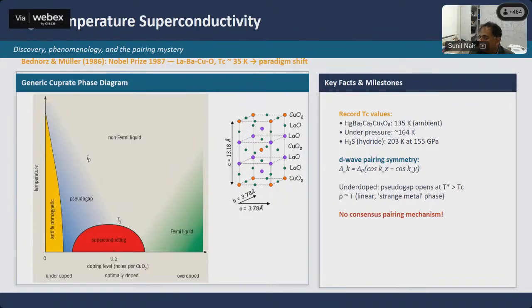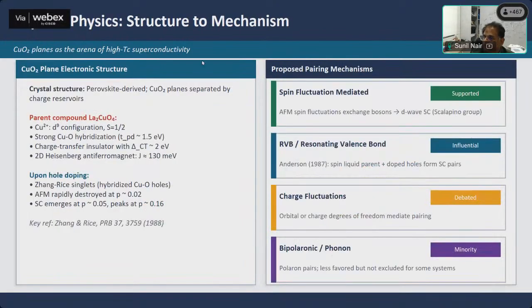Okay. Now, so as I said, there is no full consensus regarding the pairing mechanism. And is it clearly in the conventional superconductors? The simple pairing mechanism is phonons. Here, it could be a combination of phonons and magnons, or something which we have still not fully understood. Now, so I've talked already about some of this.